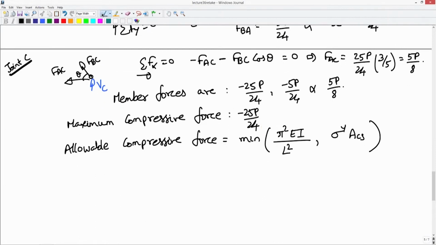So, this will be a minimum of pi square into 200 into 10 power 3 MPa for E, into pi d power 4 divided by 64 for I, divided by L square for member